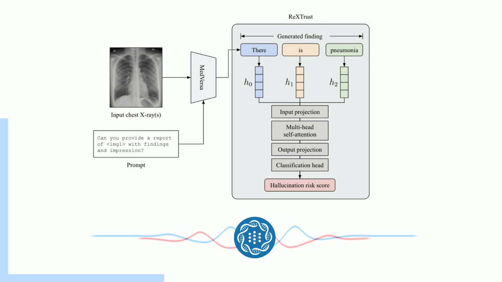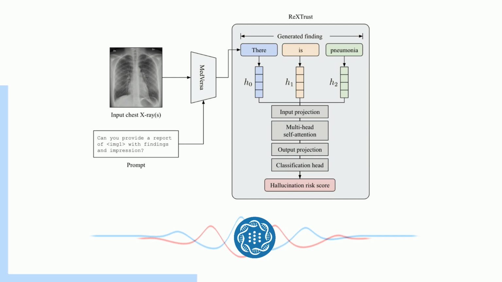Okay, so walk me through this. How does ReXTrust actually peek inside the AI's brain? It all comes down to analyzing what are called hidden states. As the AI is processing information, writing the report, it goes through a series of steps. And at each step, there's this internal representation of what it's thinking. It's like a rough draft. And that's what ReXTrust analyzes. So it's like analyzing someone's stream of consciousness as they're writing,